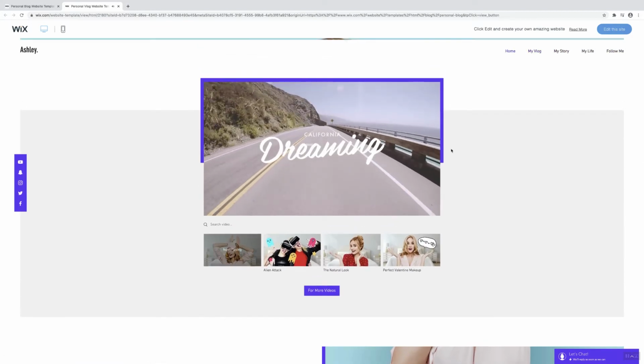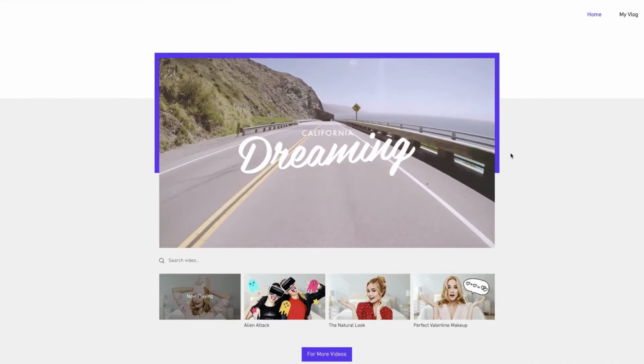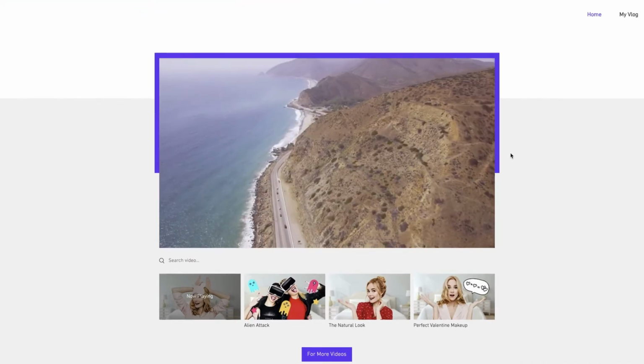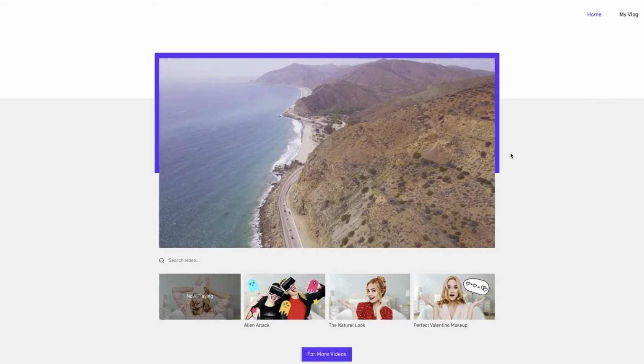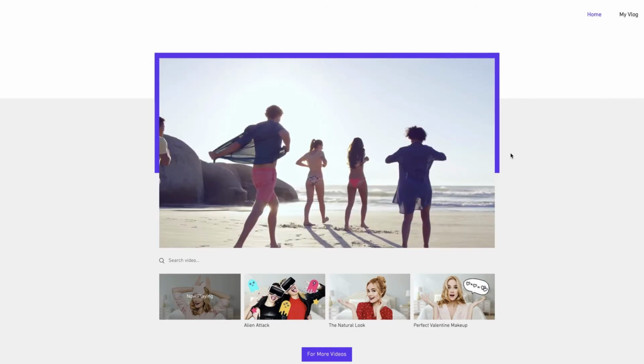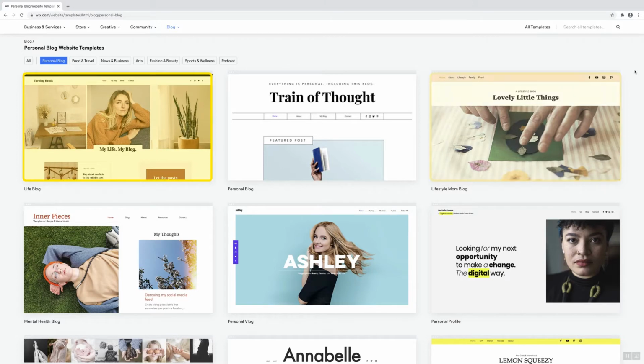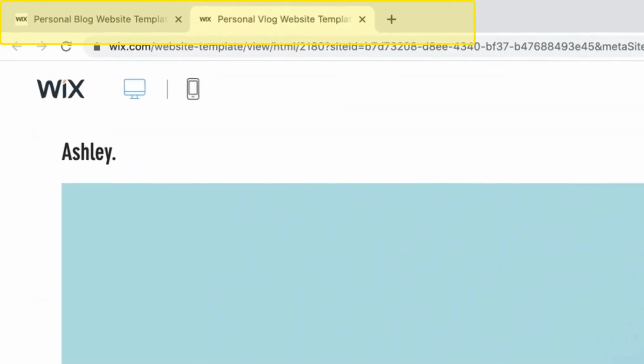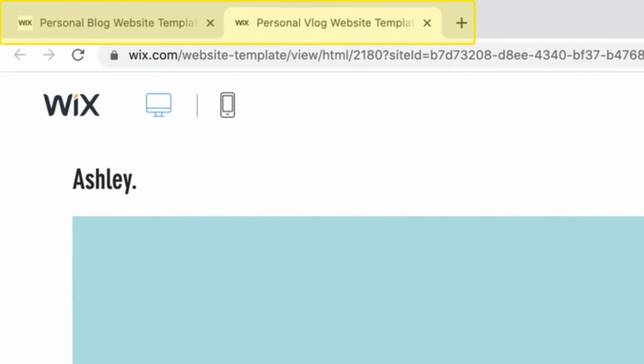Every template is fully customizable and simply offers you a starting point so that you don't need to build everything from scratch. All of the images, pages, and text can be modified to suit your own needs. If the template isn't right for you, look at the other ones that have attracted your attention. But leave open the ones that weren't quite right, as you can use them for inspiration later.